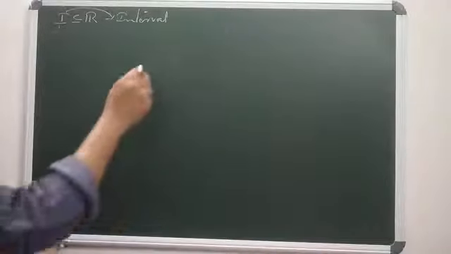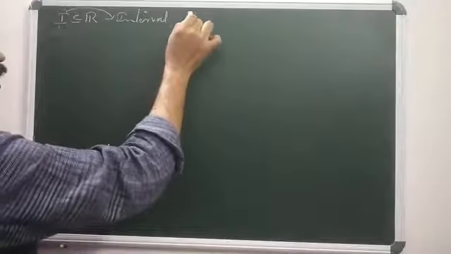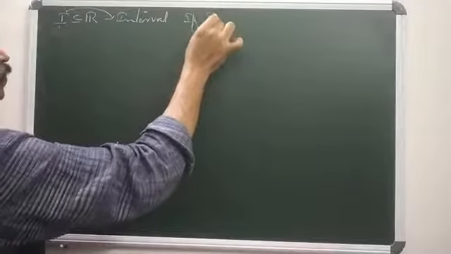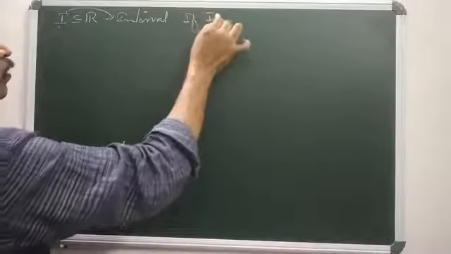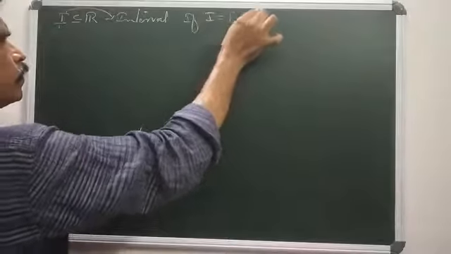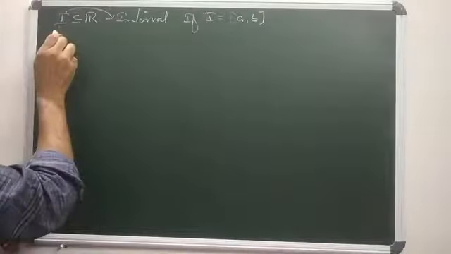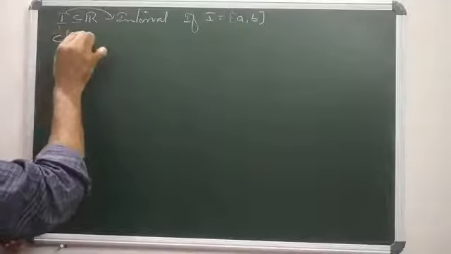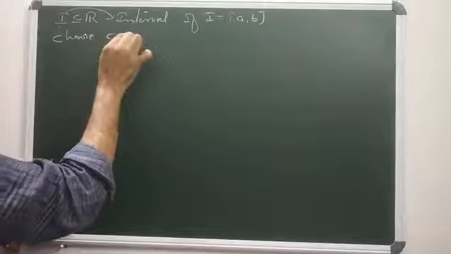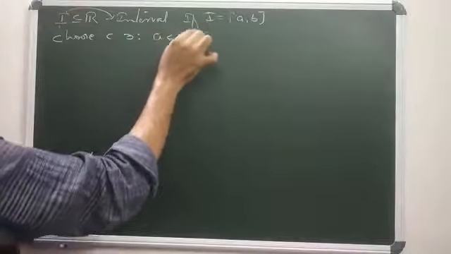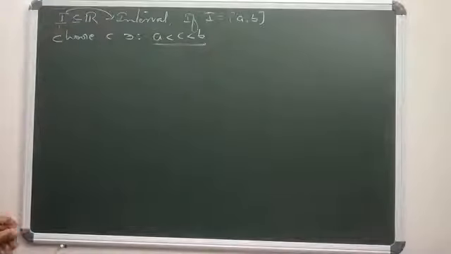And C is not an endpoint of I. If I equals the closed interval [a, b], choose C such that C is not an endpoint of I. That means C lies in between a and b. Then